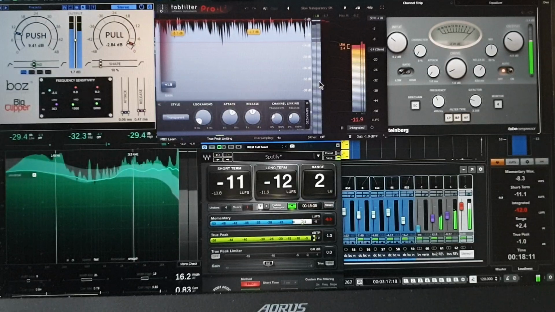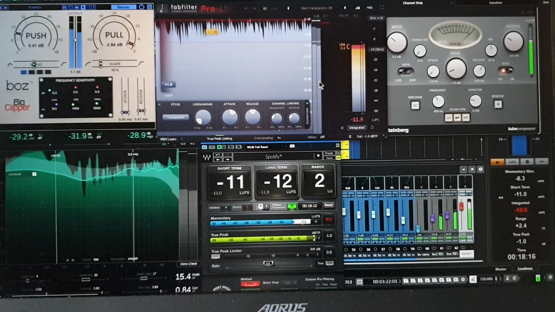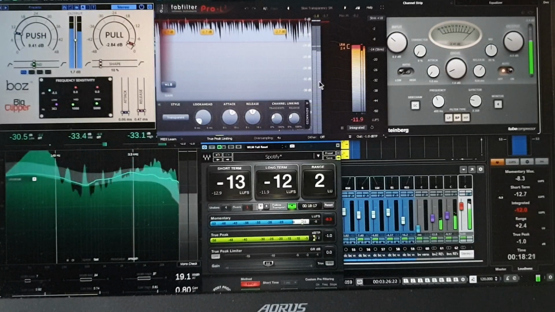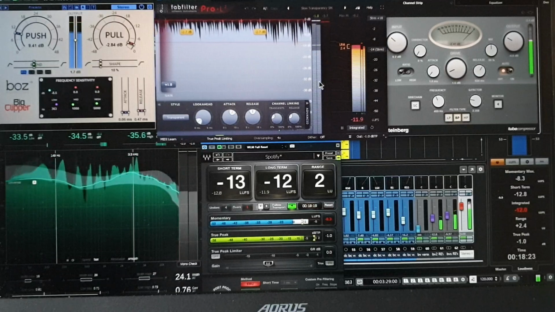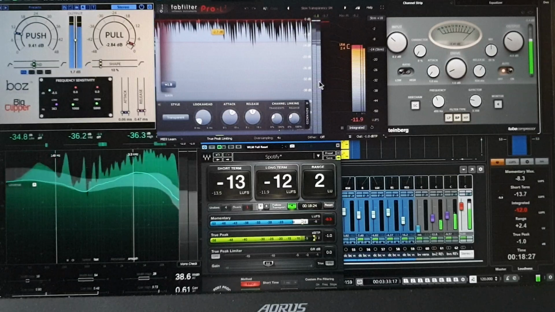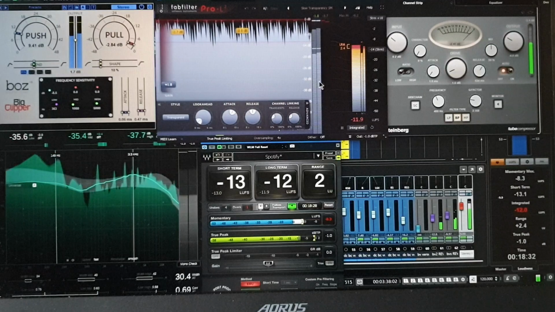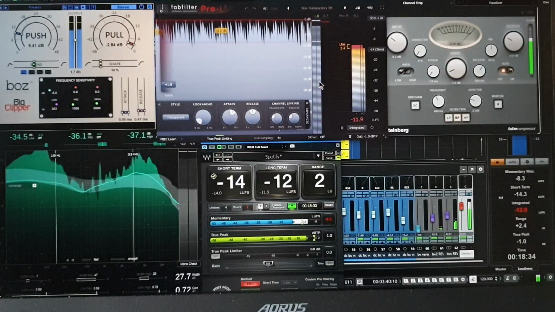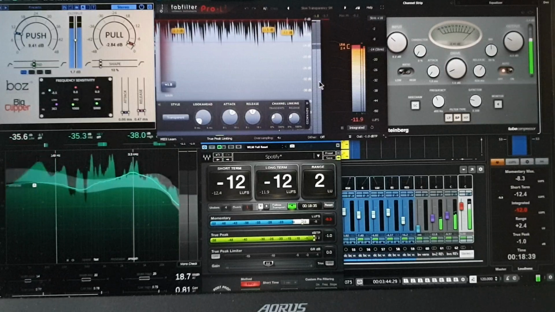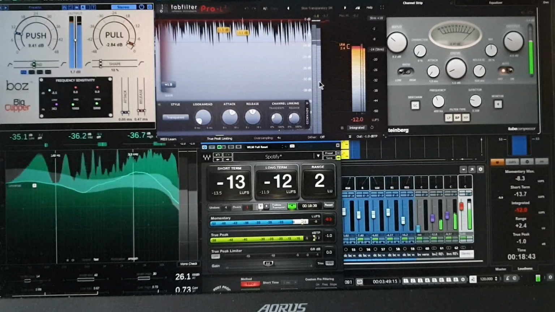Sounds alright. And I think what you should do yourselves is take a song, master it the way you like it, and email it to yourself and listen to it on your phone. Even get your mates to download it to their phones, and obviously all phones are different. Then see what it sounds like, what you can and can't hear, what's missing. I think you should definitely do an 8 LUFS and a 14, and maybe something in the middle. Then listen to them all and see which one you like best, and which one sounds crushed on the phone. So there you go. That's my rant.